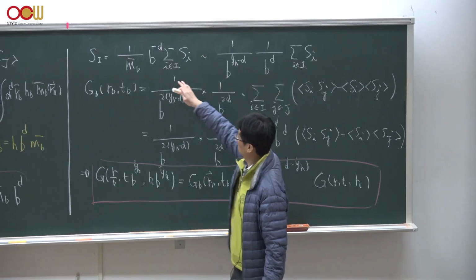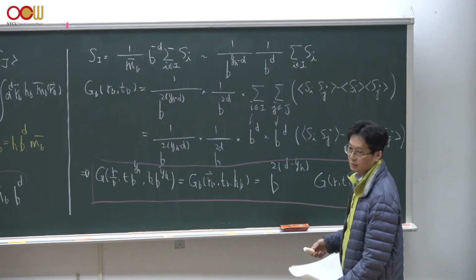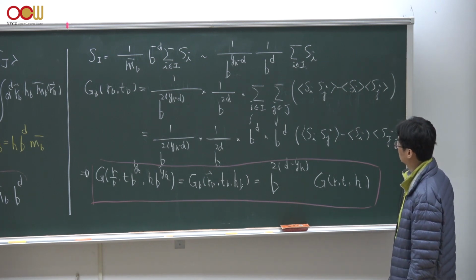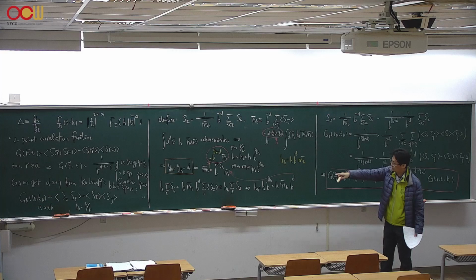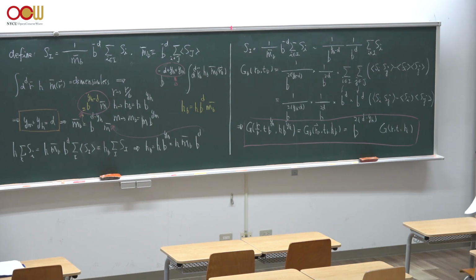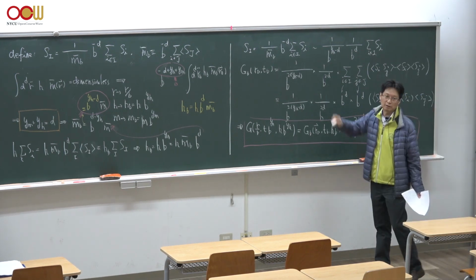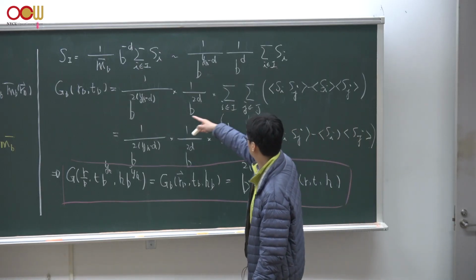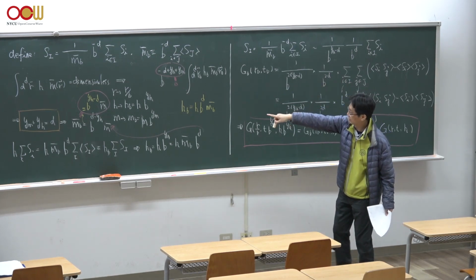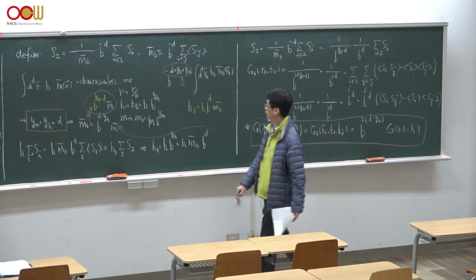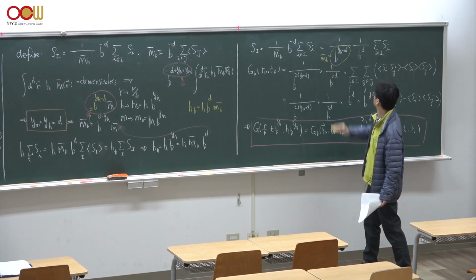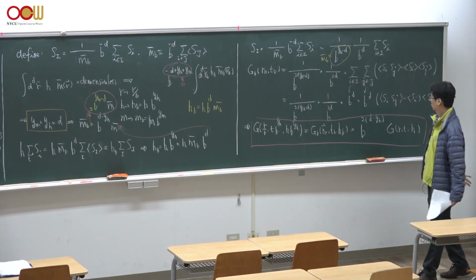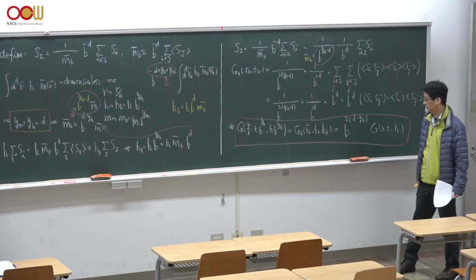Okay, so now let's repeat the definition of the block spin variable one more time, but this time we try to do power counting as a function of b to some power, and we count the power exponents in b when we write down this block spin degrees of freedom. So we could plug in the definition of GB in block spin form, and plug in this factor of b here to count how many powers of b there are when we write down this GB. Then we plug in the relation that we just obtained, that m bar b is m bar times b to the power of yh minus d, and then we could cancel all these factors of b to some power and get clean notation, and